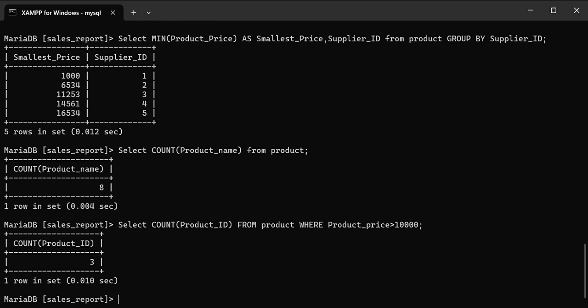So we have 3 product IDs, or products, whose product price is higher than 10,000.